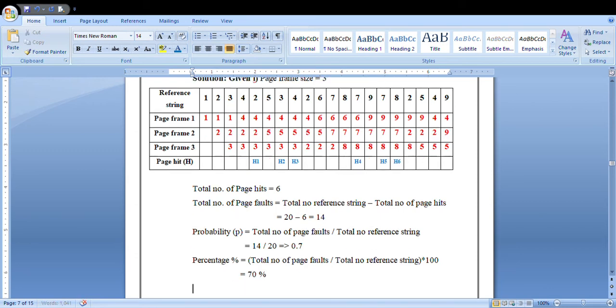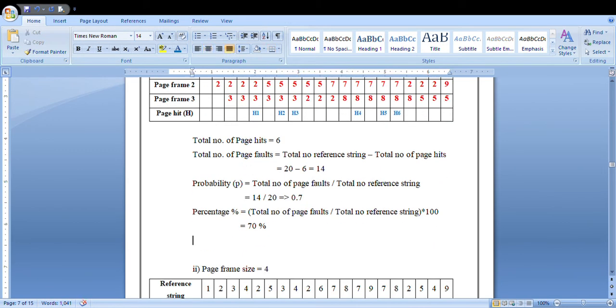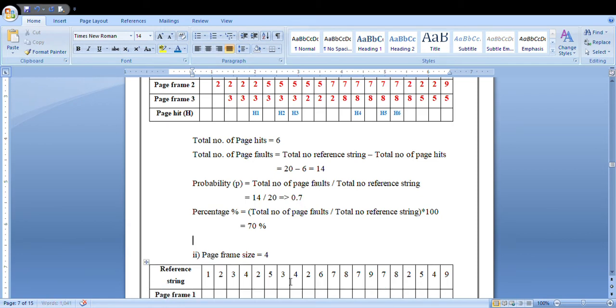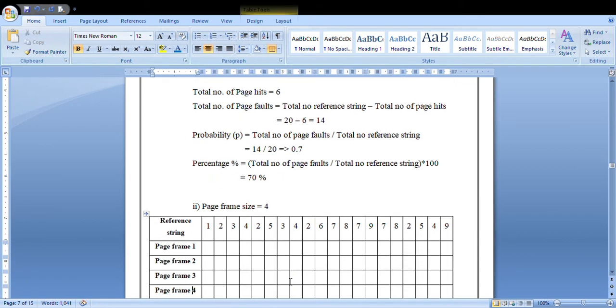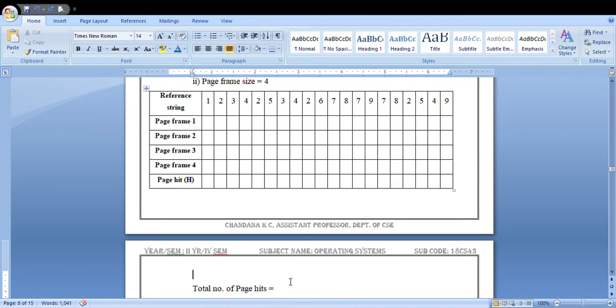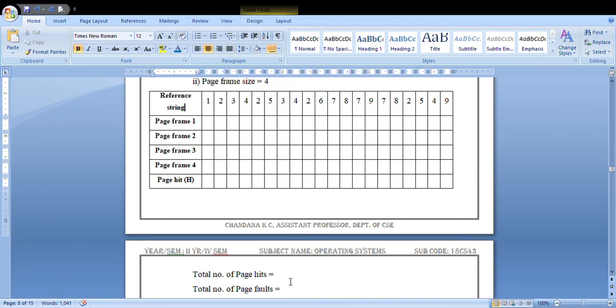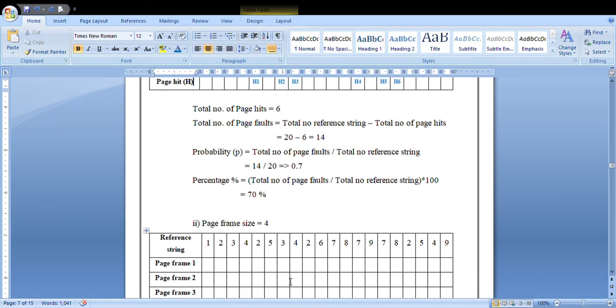So 70% is the page fault rate for the page frame value 3. This is how you solve the problem in a FIFO manner for page frame size equal to 3. In the same way, you can do it for page frame size equal to 4.